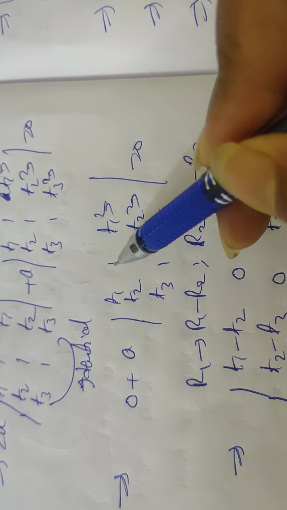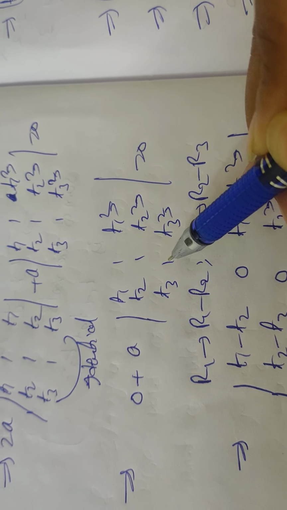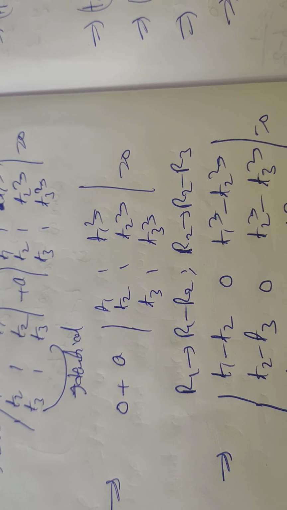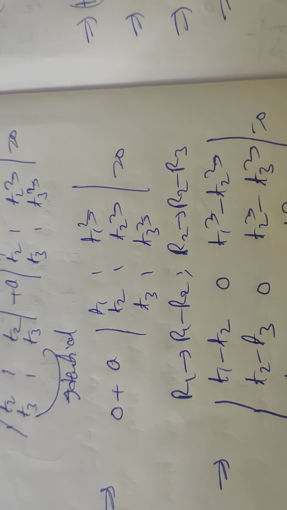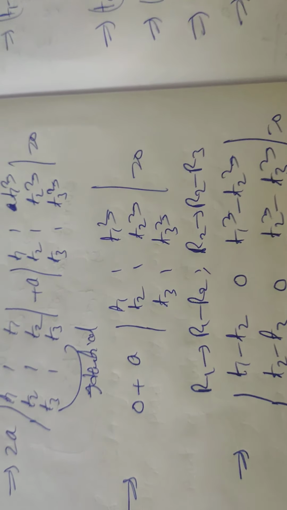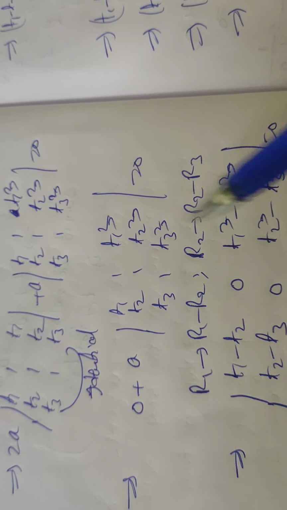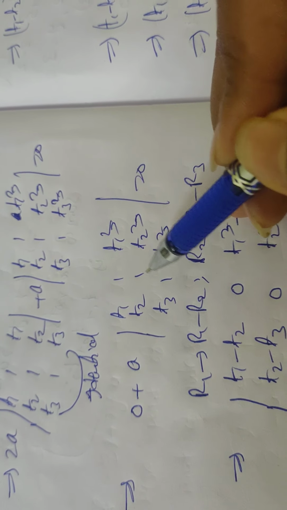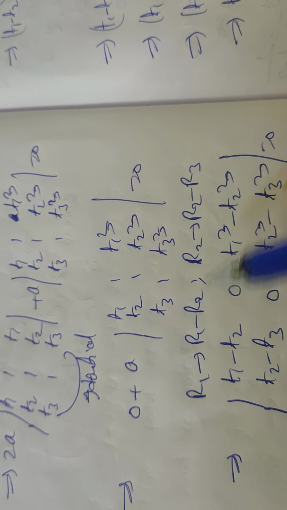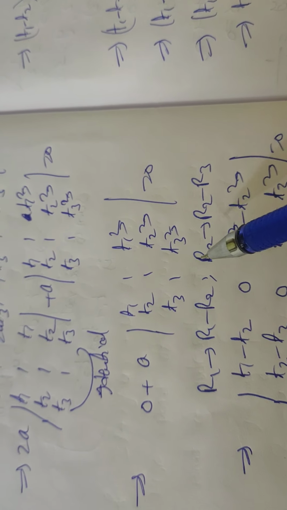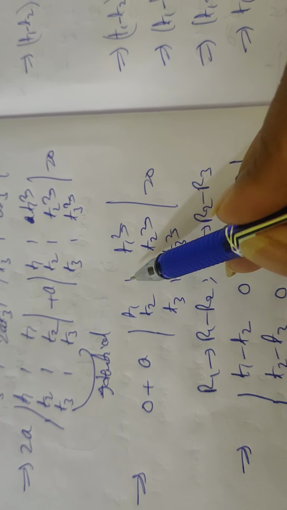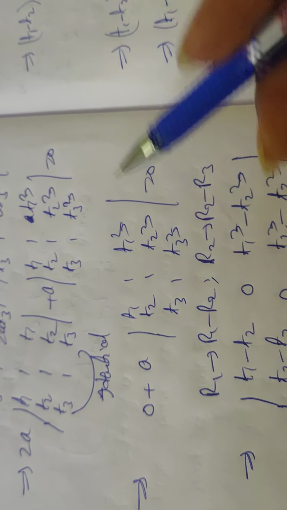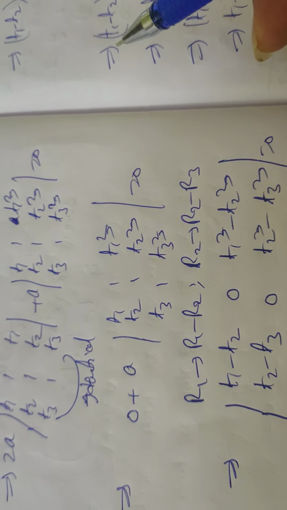In the second column all elements are ones, so if you make any two elements 0, then you can expand the determinant easily. That is the easy method, you know very well. So here go for R1 minus R2 and R2 minus R3 operations. R1 and R2 I am going to change, as these two elements become zeros. So total R1 and R2 will be changed.